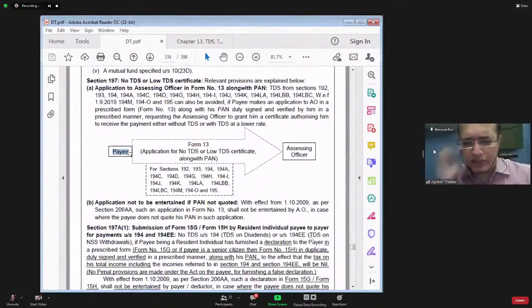Have you understood the no TDS, low TDS case? Such a facility is not available in all sections. Such a facility is available only when the payment is made under section 192 salary, 193 interest on securities, 194 dividend, 194A interest other than interest on securities, 194C TDS on contract, 194D insurance commission, 194G lottery commission, 194H other commission or brokerage, 194I TDS on rent, 194J professional fees, 194K payment made by mutual fund, compulsory acquisition,